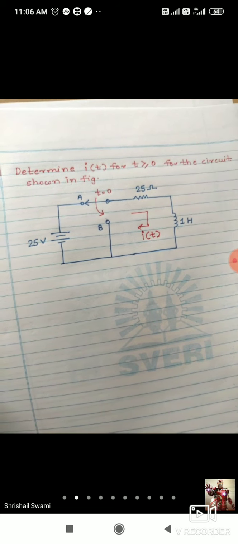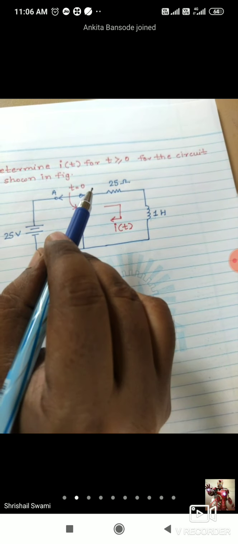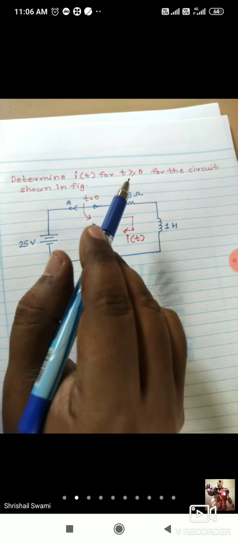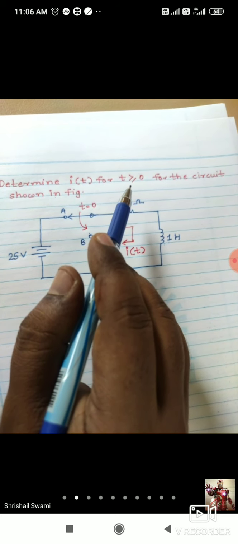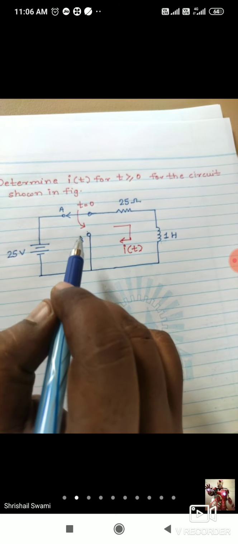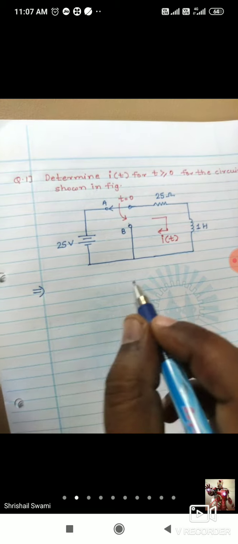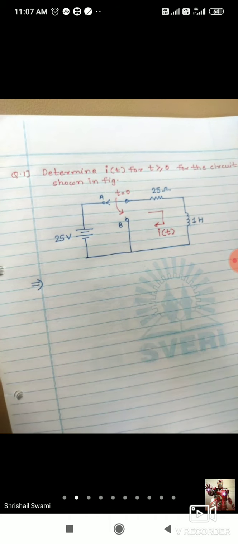So the statement is not given like this, that the switch is moving from A to B at t is equal to 0, but you have to understand that concept, because the arrow is shown here and they are asking the response I of t for t greater than or equal to 0. Means when the switch is moving from A to B, then you have to find out I of t. So we can solve this problem. So if you are observing this circuit, this is a series circuit. This is a series circuit. या टाईपचे एक्झाम्पल सॉल्व्ह केले, फक्त इथं एक व्होल्टेज सोर्स होता.